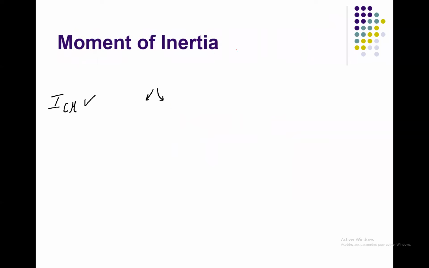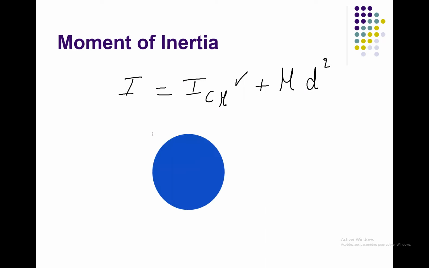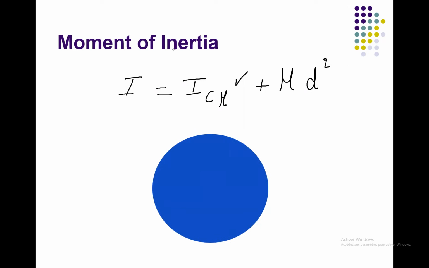Second, we have m d square. So about I_cm, I give you its value. But what is m d square? Let's say, for example, we have a disk, this disk,